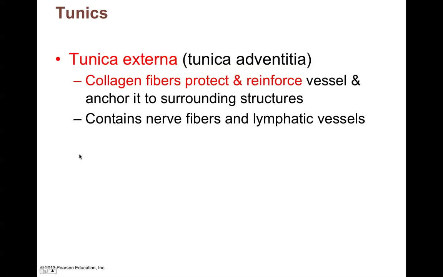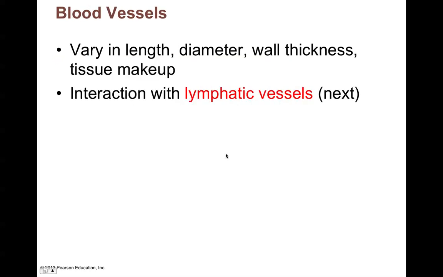Tunica externa, or another name for it is tunica adventitia. The collagen fibers here protect and reinforce the vessel and also anchor it to the surrounding structures. It also contains nerve fibers and lymphatic vessels. So blood vessels vary in length, diameter, wall thickness, and tissue makeup. They are also very much